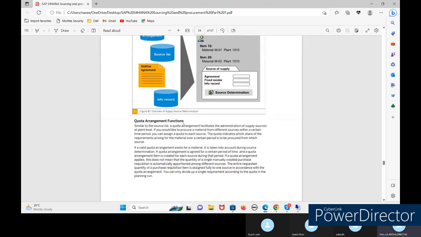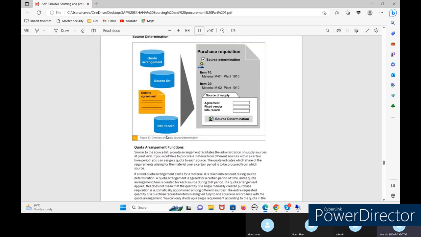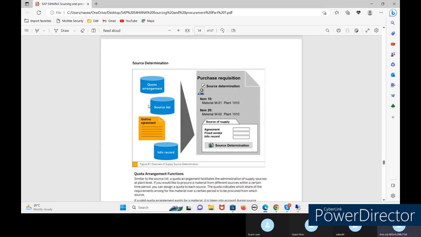So now let us see quota arrangement, because this is one of the source determination methods in which quota arrangement will be used. Quota arrangement is similar to the source list. To maintain quota arrangement, the source list should be there. Without source